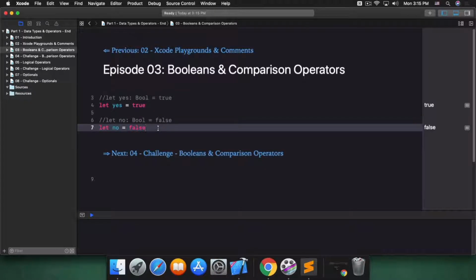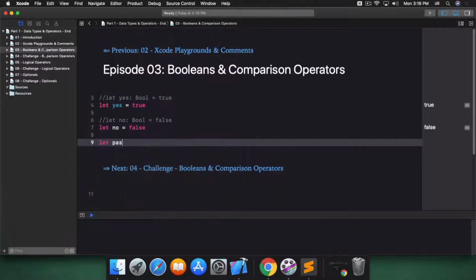To see this in action, you'll set up a simple scenario with some students who have different grades, and you'll set up some Boolean variables depending on who passed and who failed. So first, let's set up a constant. We'll name it passing grade and set it to 50. Next, create another constant, name it student grade, and set it to, say, 74.